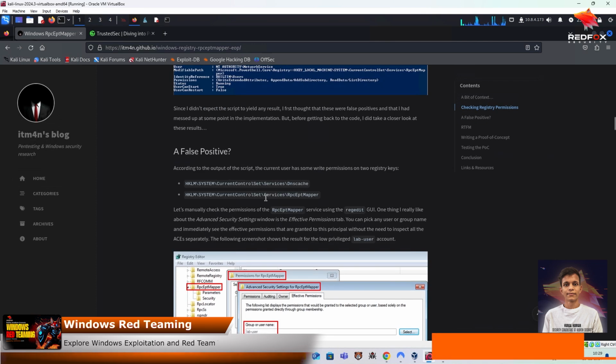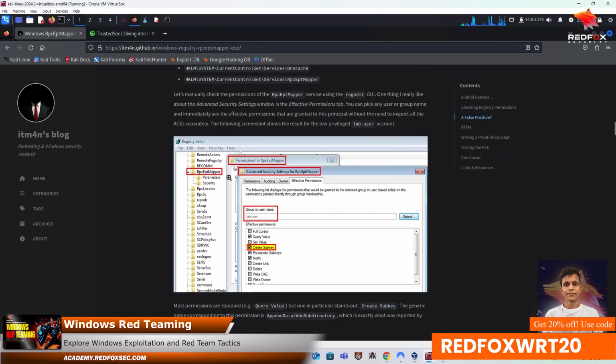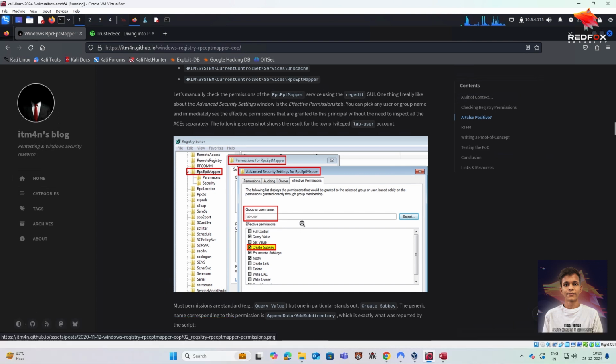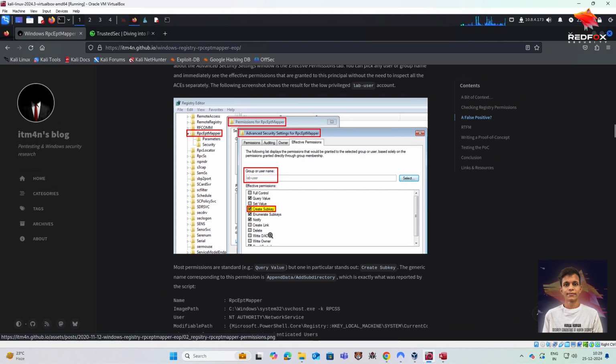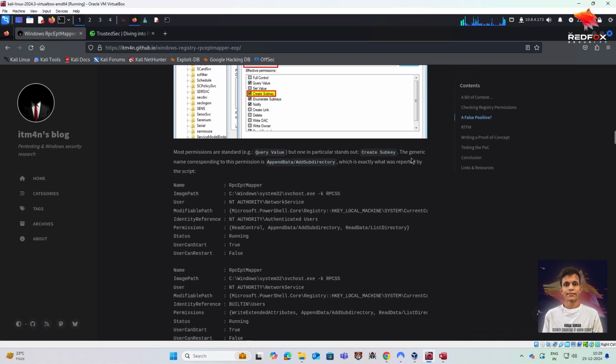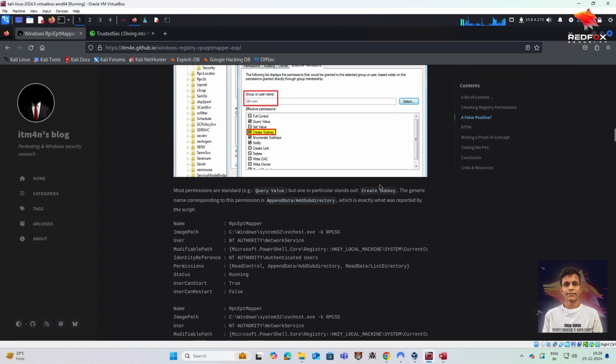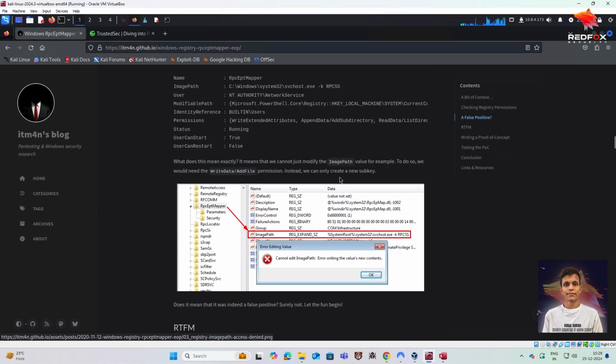So basically there is permission to this registry that the AddSelf user has create subkey permission. That means the AddSelf user can create a subkey in this registry, which is RPC EPT mapper. And if we follow the blog forward, then we can see that the generic name for the create subkey is append data and add subdirectory. Here the author tried to